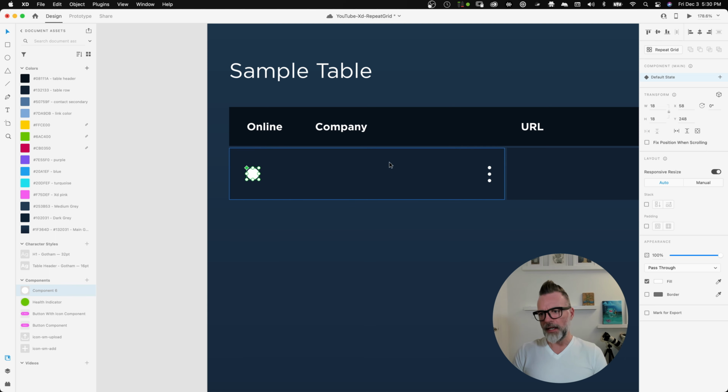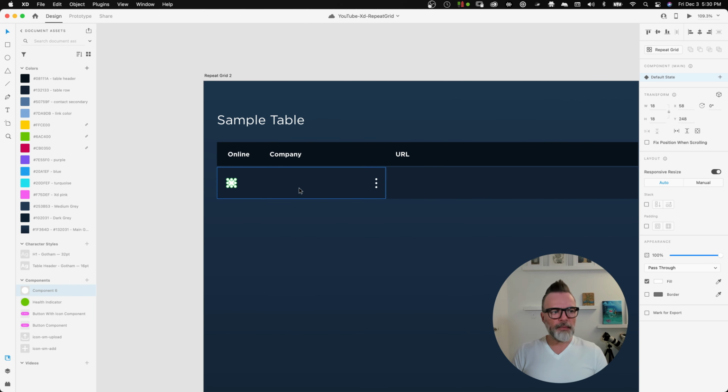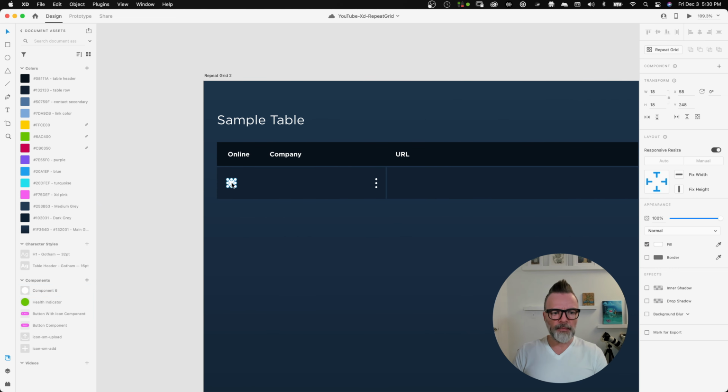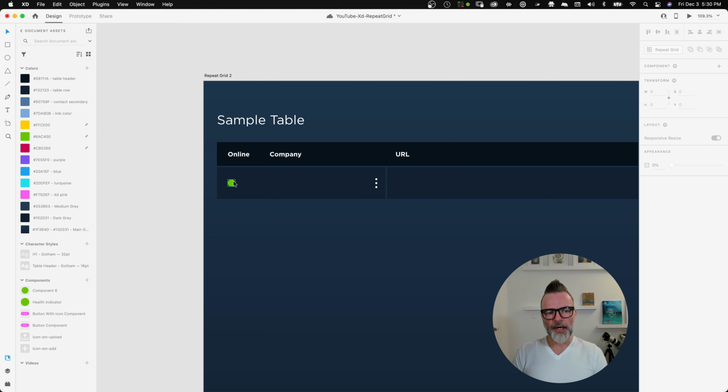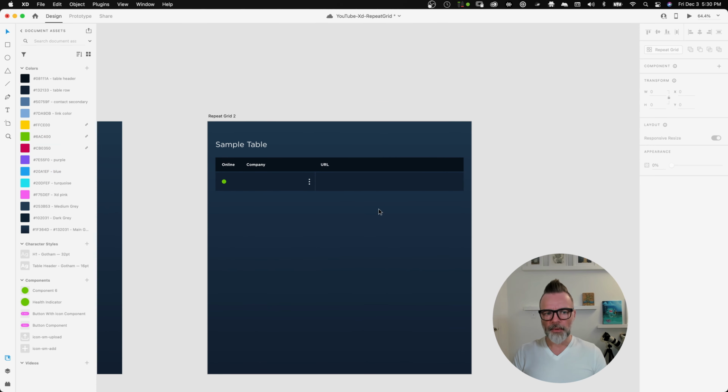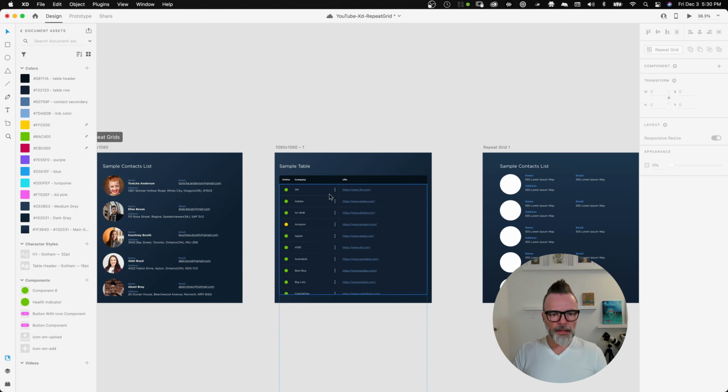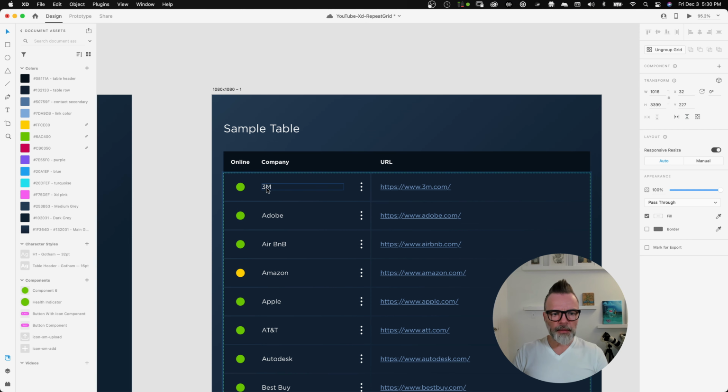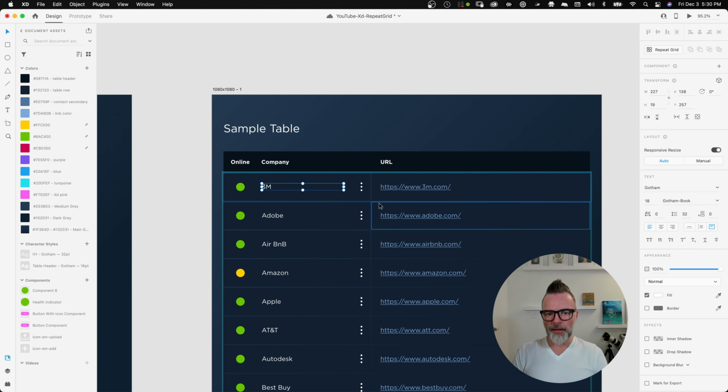You don't have to make it a component before you use the repeater grid. You can use the repeater grid and you can go back into the main row and make it a component later, but we're just going to do it now so that I can show you what I'm talking about here. And for the sake of speeding up the process, let's just go ahead and make this one green to start with. And then again, I'm just going to come over here and cheat a little bit